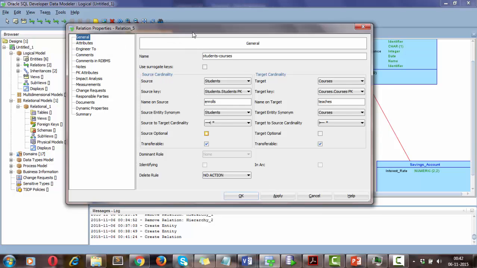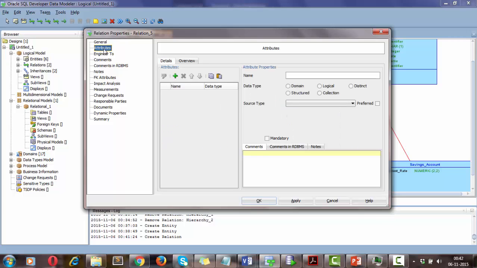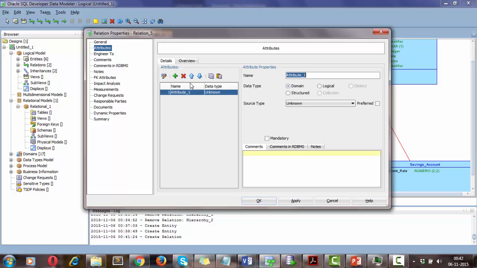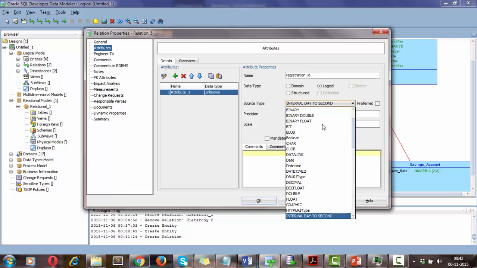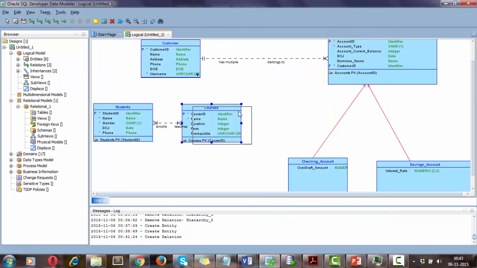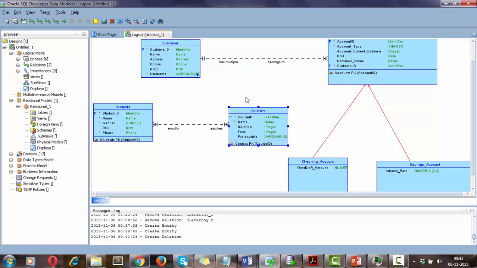As well, I want to create one attribute for this relationship, a registration ID. So this is going to be an associative entity with its own attribute, registration ID. This is going to be logical, with identifier, with integer data type. Okay, so I'm going to make it mandatory. Click on apply. You will see now my logical diagram is complete. I will save it